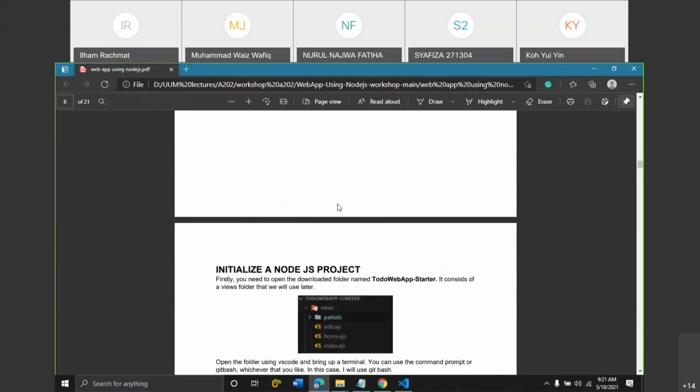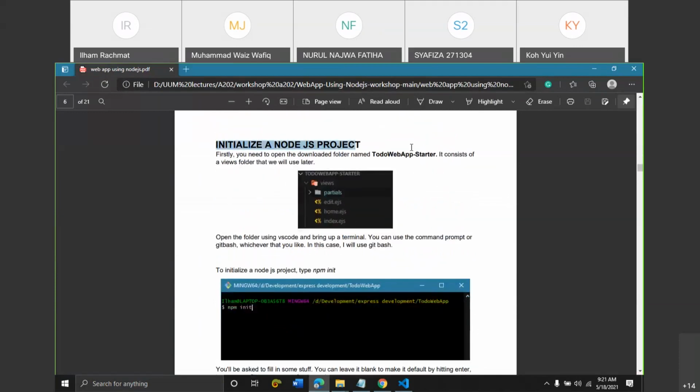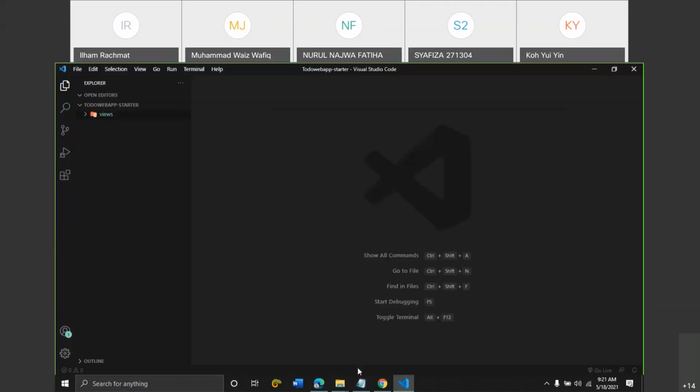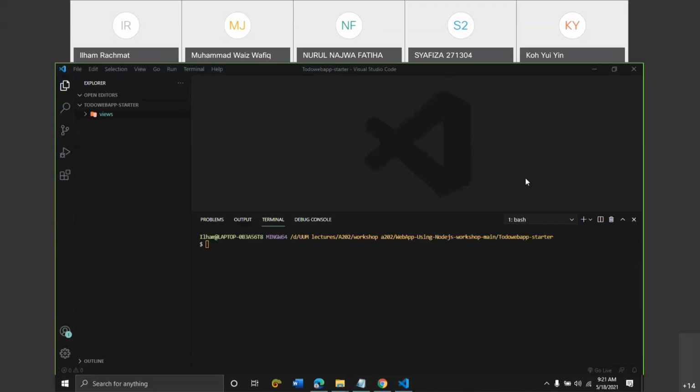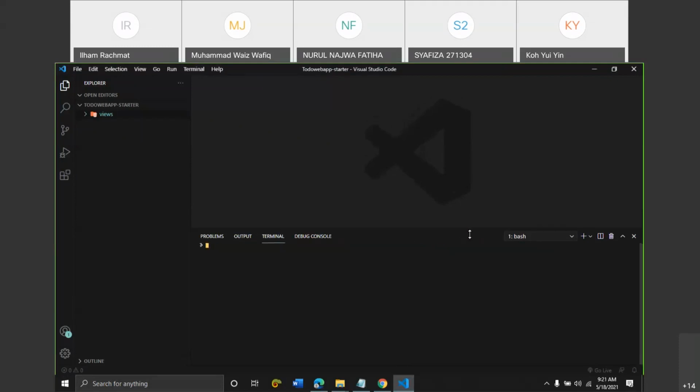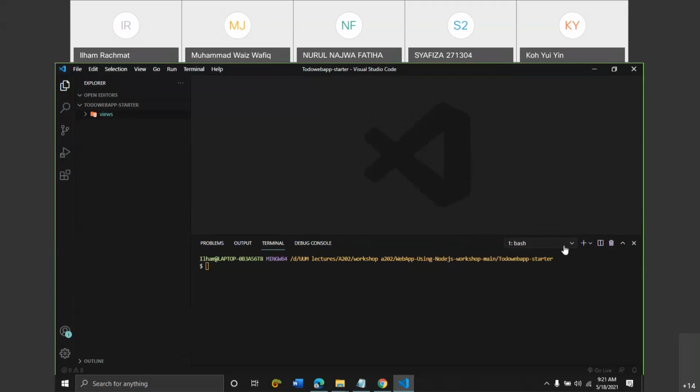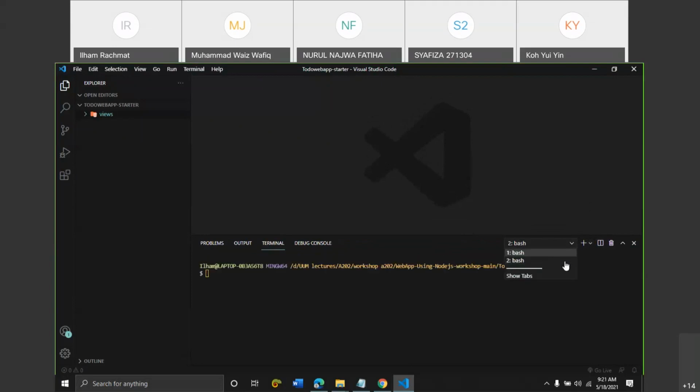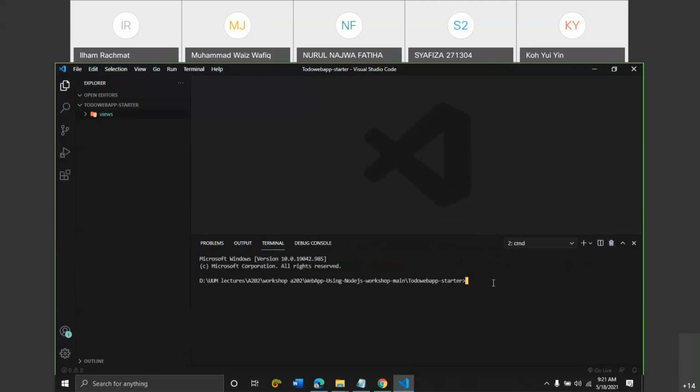So let's initialize a Node.js project. Go back to VS Code and then pull up the terminal. You can use any of your favorite terminals. To make it the same, I'll change it to command prompt like this. So to initialize the Node.js project, type npm init